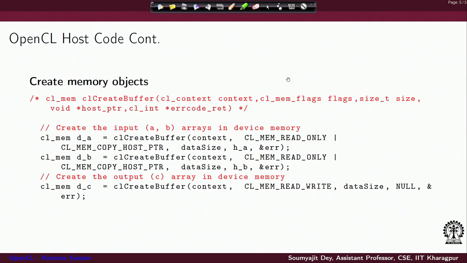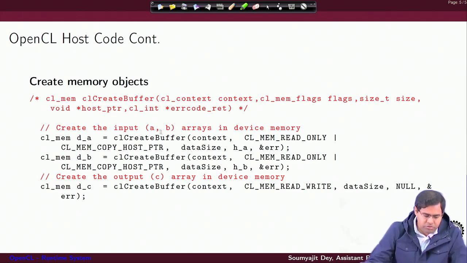Suppose you are creating the input arrays in the device memory, where you will transfer data from the host program, the OpenCL host program. You execute the command clCreateBuffer in that context, for the device, and you have to specify the operation type.